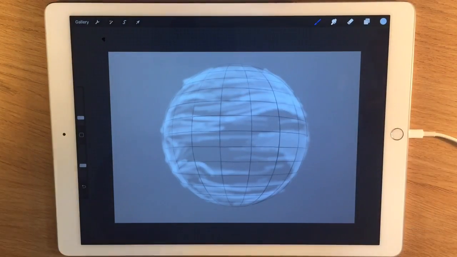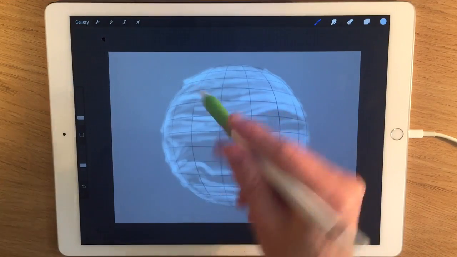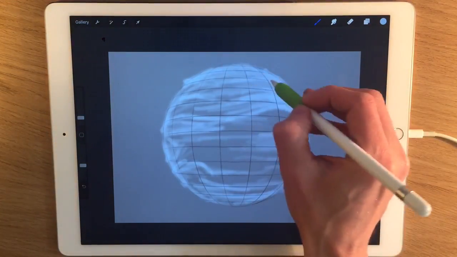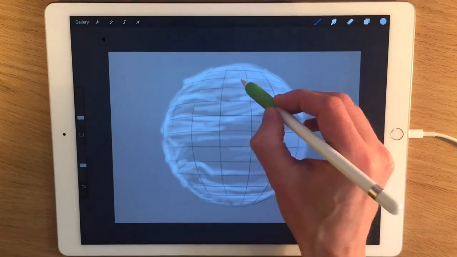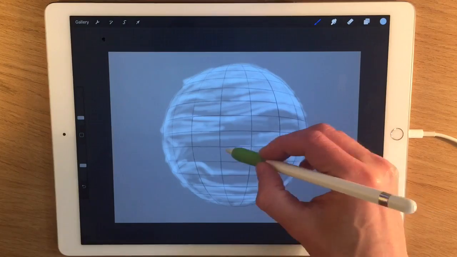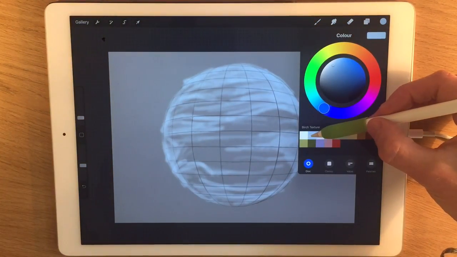Now, I'm going to have the light coming from this side. There may be a kind of secondary light source that hits it slightly at this angle, but most of the light is going to hit this edge. So what I'm thinking, now that I've started to get some of these lighter tones in there, is that I'm going to have a predominantly warm light coming from this top area. So I'm going to move along now